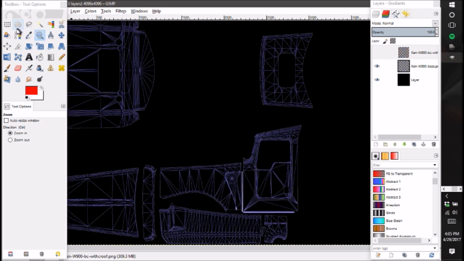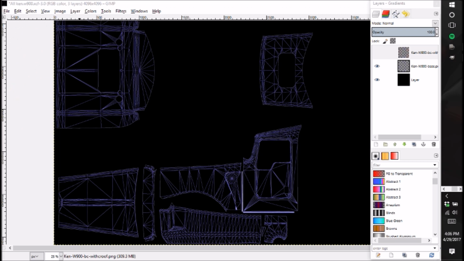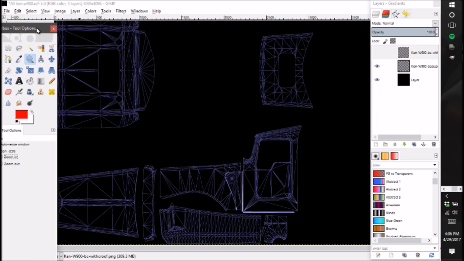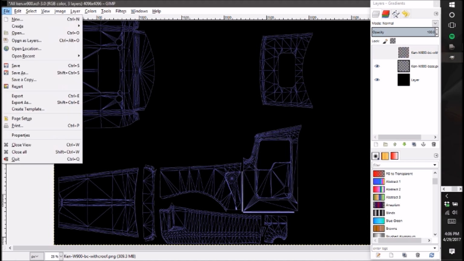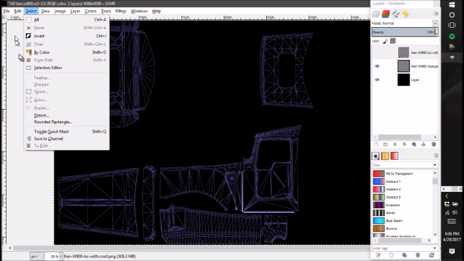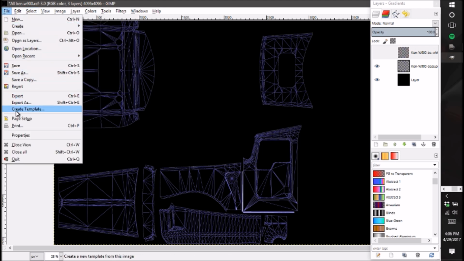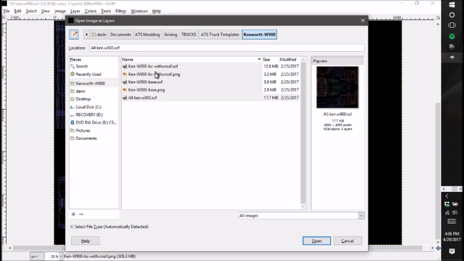We're just going to be adding pictures that we want on our truck. For example, we're going to put the American flag first, because for me that's a standard that should be on all trucks in America. So we're going to open as layers,